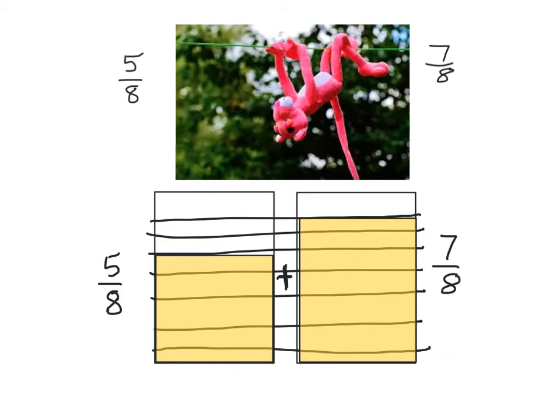7/8 right there. So now the first thing I'll do is just count these up. And I'll just start counting. So I'll go 1, 2, 3, 4, 5, 6, 7, 8, 9, 10, 11, and 12. So I have 12